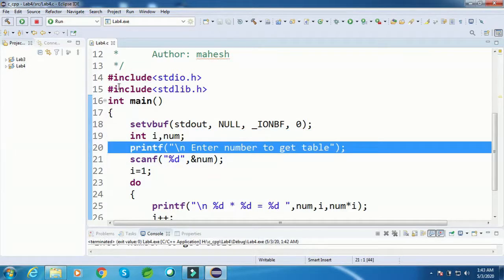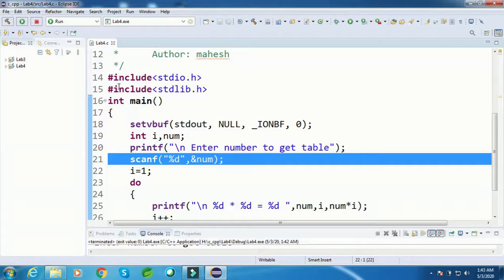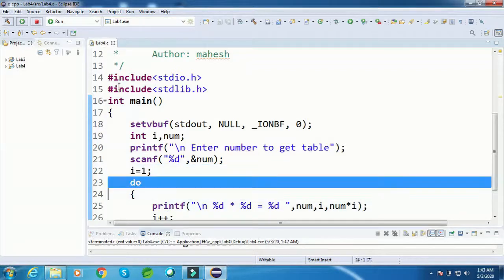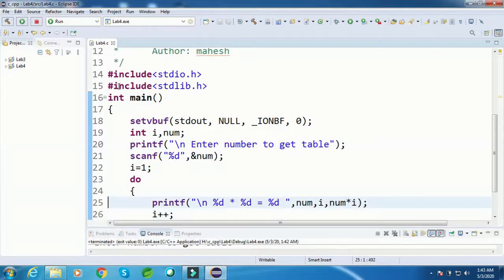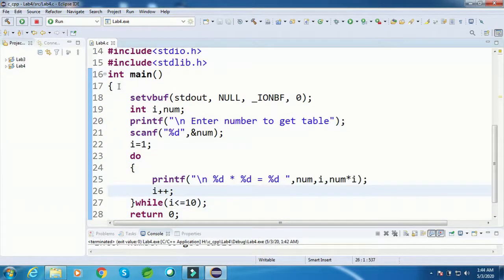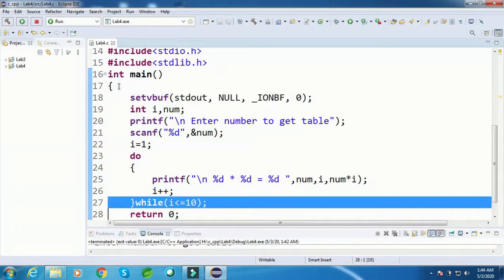Printf is the statement which is printed on the console to give the information to the user about what he has to do. Scanf is going to read the number entered by the user. i equal to 1 is the initial value, right? So here I am going to initialize the value. Do is the start of your loop, and then printf is the statement that is going to iterate as long as the condition is true. i plus plus is incrementing the value each time, and while i less than equal to 10 is the